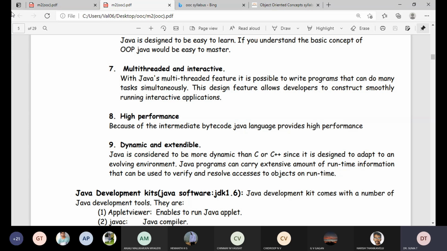Dynamic means there are so many problems which come up during the execution of programs that are going to be solved using extensive Java programs, right? So that is why it is more